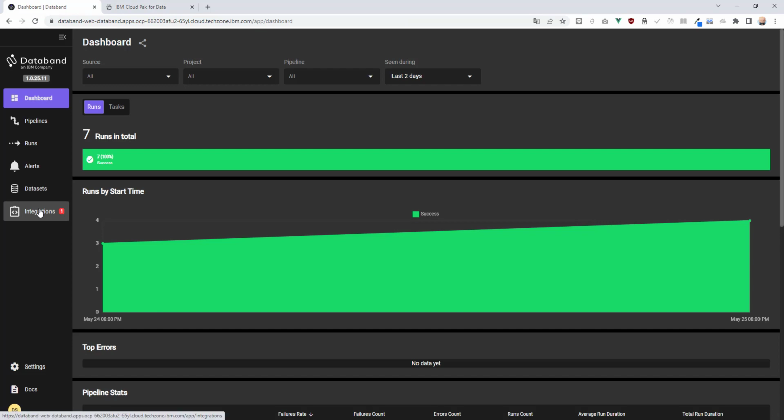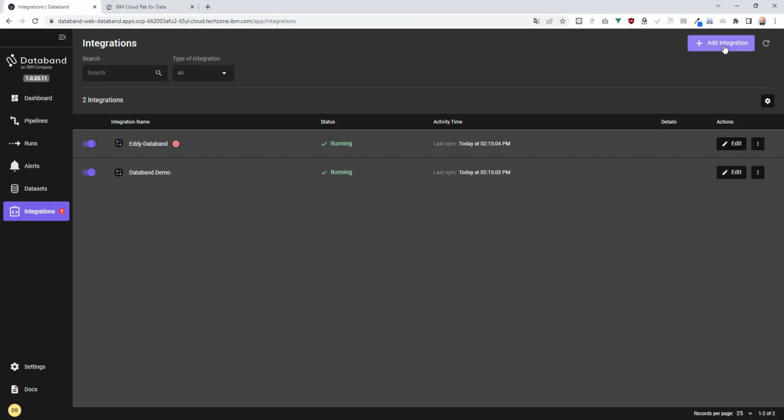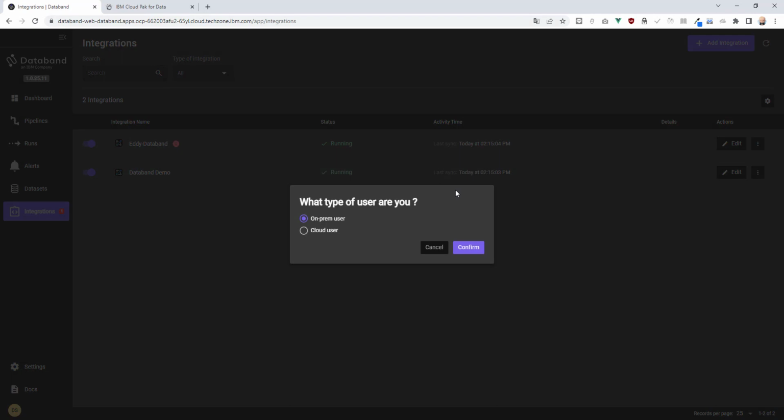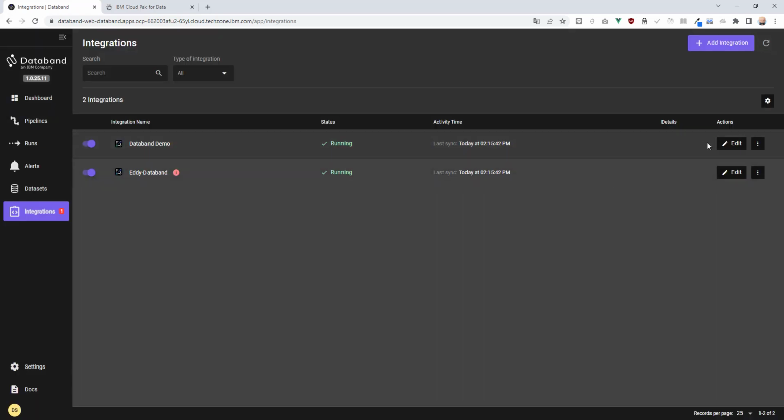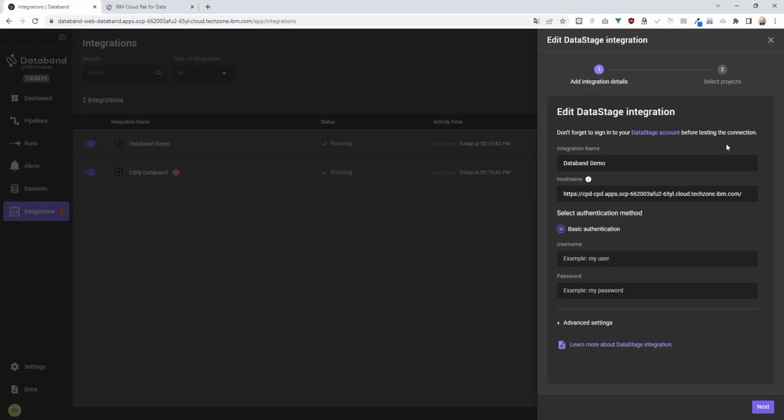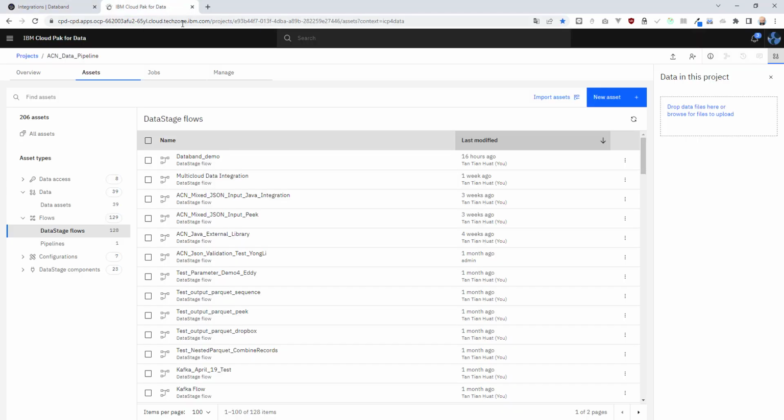To integrate them, first you click on Integrations and click on Add Integration and click on DataStage. Here we are using the on-prem version, so we use the on-prem user. Click Confirm. Here we will need to specify the integration details as well as choose the corresponding projects. Since we have set up the integration previously and the exact same interface is used when we edit an existing integration, let's edit an existing integration to see what needs to be filled out. For the integration details, we can give an integration name, a name that is easily recognizable, and a host name